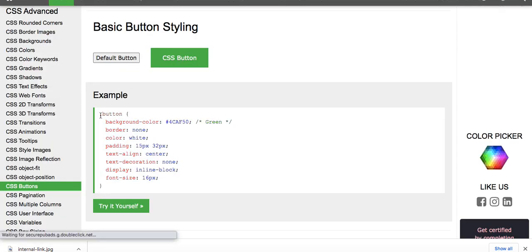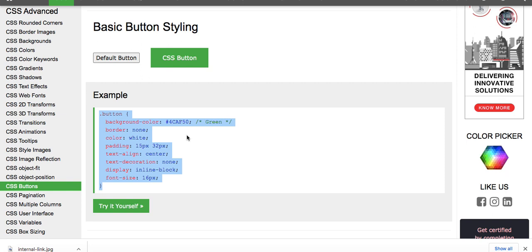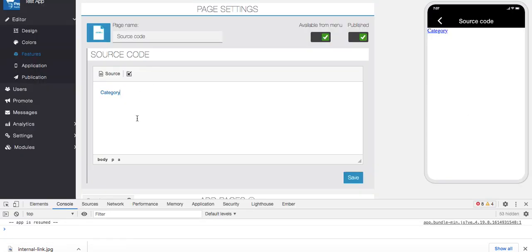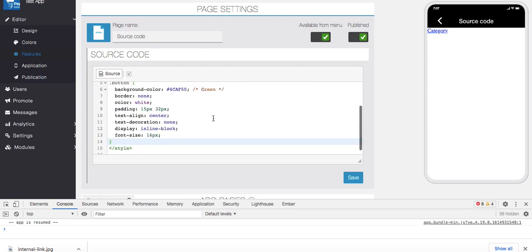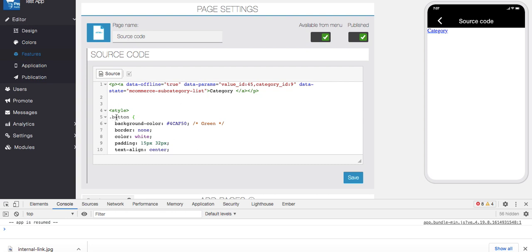So here I have one CSS code. Okay, and I will go to source code. And first, to use any CSS code, you just need to create a style tag, okay, like this, and then copy paste your code. Now dot means class actually, so we have created a CSS class for any element which uses the class